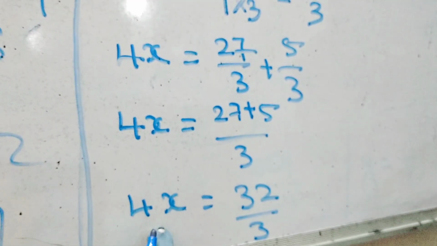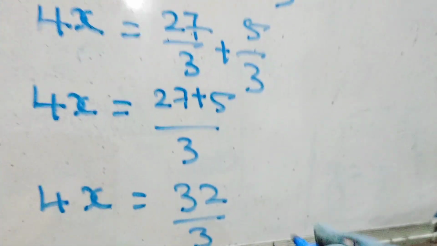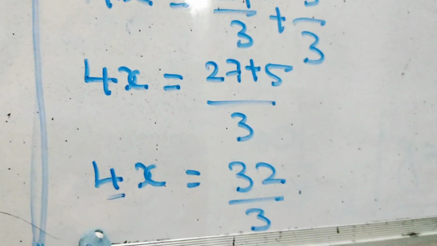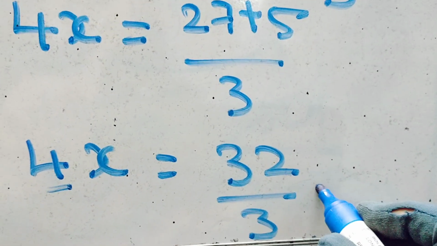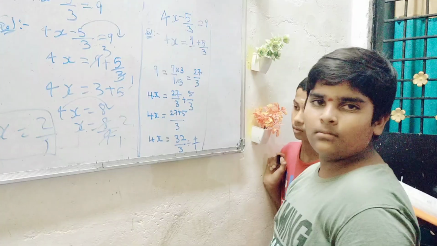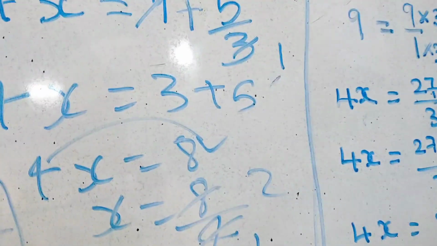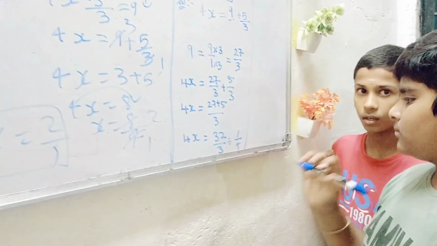Then now you have this 4x also. Now take the 4x to that side. So when you bring this 4x here, what will it become? Here it is multiplication, so when you bring it to this side, it will be division. It is 1 by 4 actually, not 4 by 1, 1 by 4. Okay? Fine.